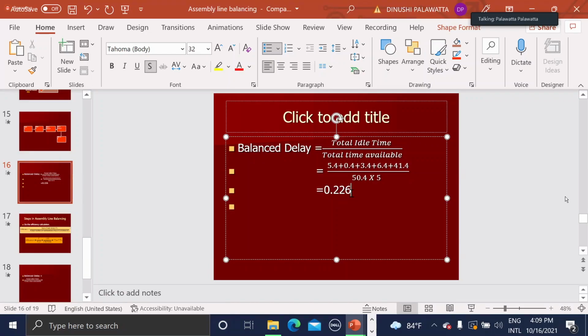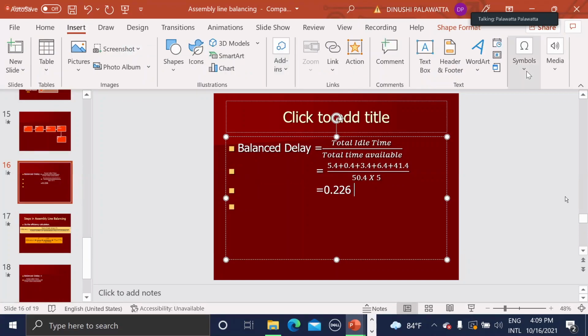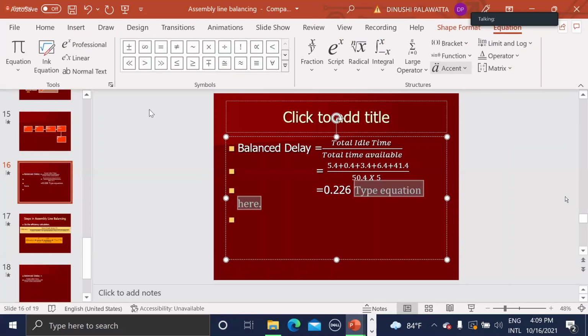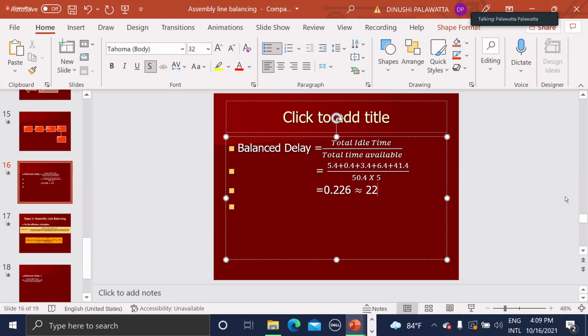0.226 is equivalent to 22.6%. So the balance delay is 22.6%. And actually, you can cross-check whether your answer is correct. Balance delay